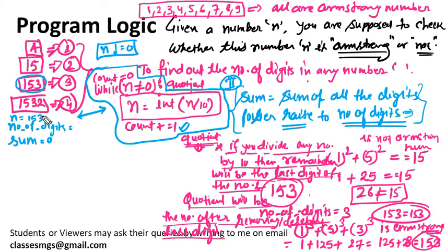Now what you need to do is calculate each time the last digit. Each time we need to fetch one digit, raise it to the power of the number of digits, and sum it. So again you will apply a while loop, n is not equal to 0. This time let's try to write the formula, and then you need to do sum equals to, you need to find the last digit. To find the last digit, I have already told you, if you divide any number by 10, then you get the remainder as the last digit.